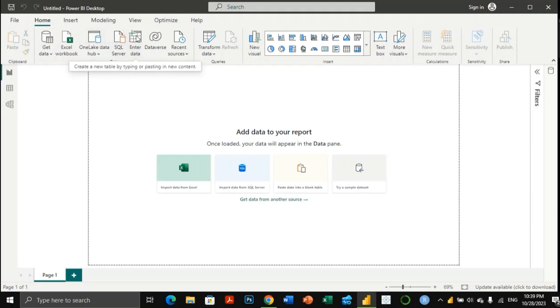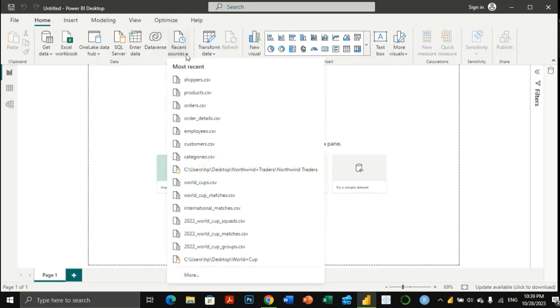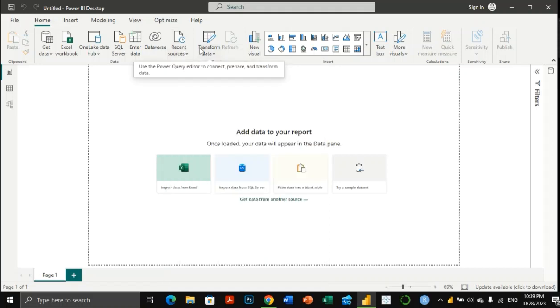Then you can also enter your data. You create your own data by Enter Data here. We have the source of data, then we have recent sources. So these are the data sets I've worked on. Then we also have the Transform